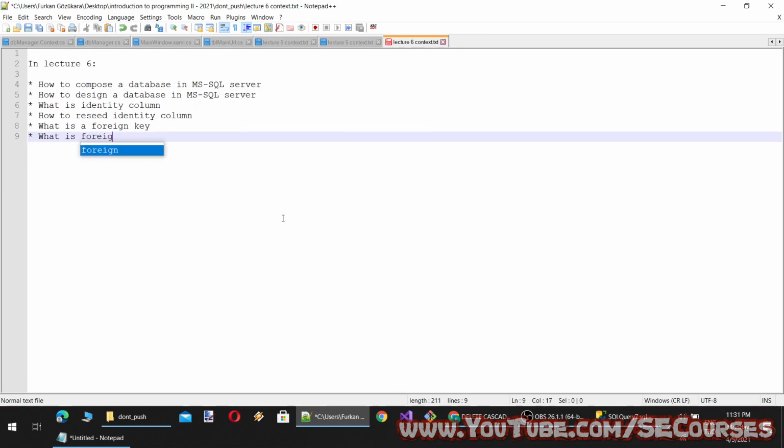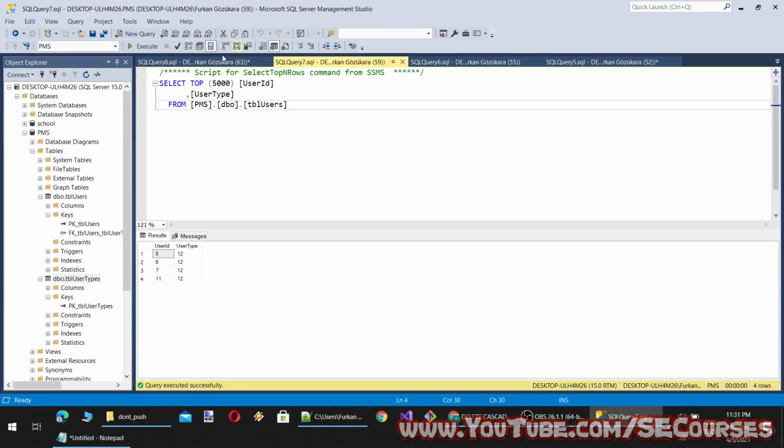What is foreign key? Update, delete, cascade. Okay, and let's continue.